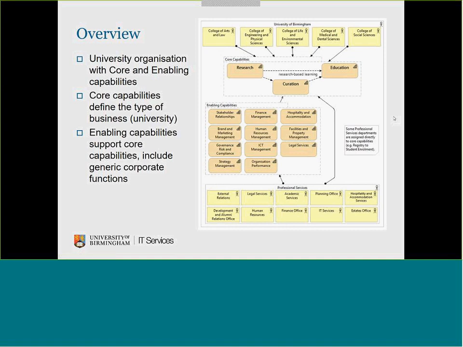So here's a view of what I see as the top level view of the University of Birmingham. We're obviously organised a little bit differently to most other universities. The core capabilities: research, education, and we put a big emphasis on research-based learning. Then we've added curation,